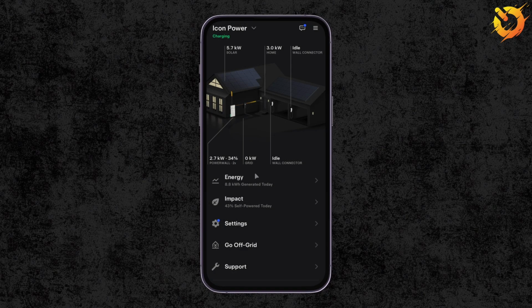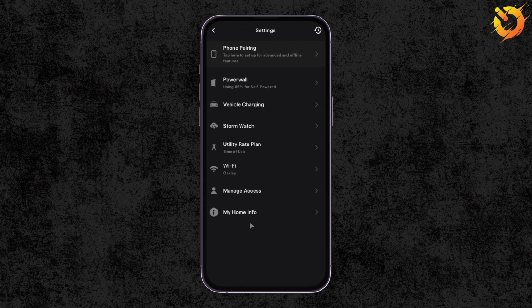So when you're on the home screen of your system, you can see your power flow. That's what we call it, where you have your solar generation, Powerwall state of charge, all of that. But we're going to go ahead and jump into settings. Now that we're in settings, we're going to go in order from the very top. You're going to want to go into the Powerwall section of the settings, and then we're going to take a